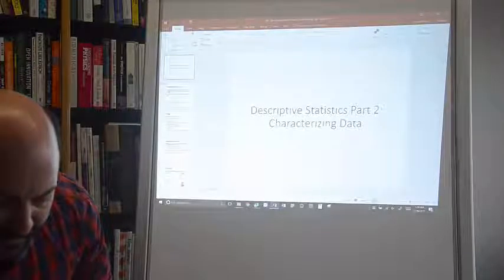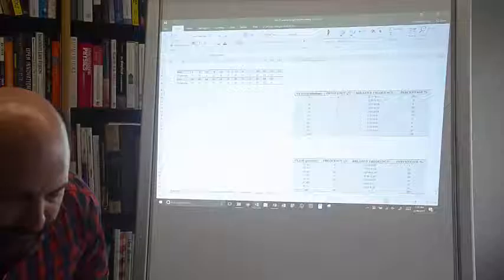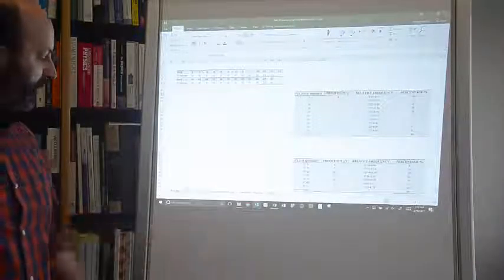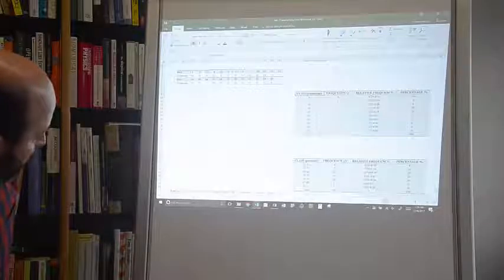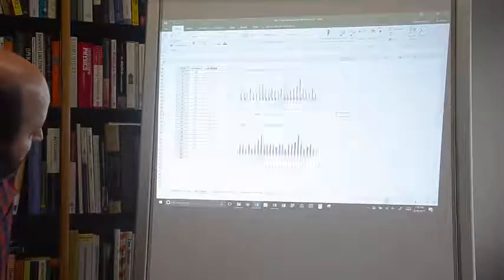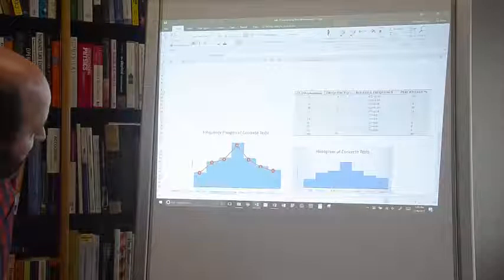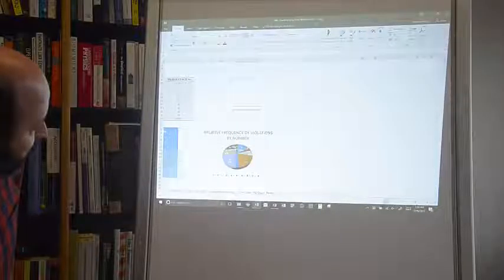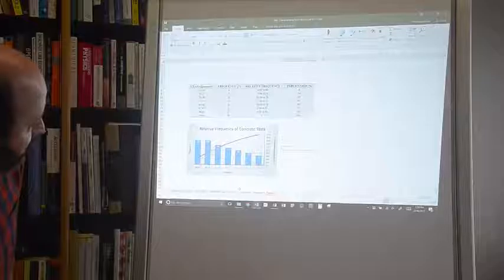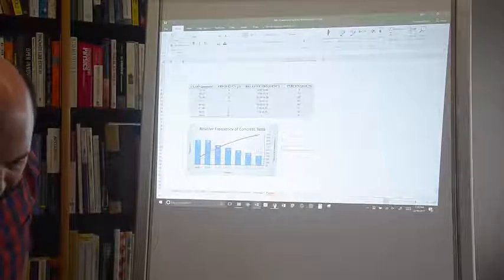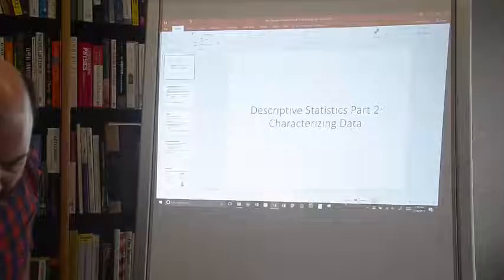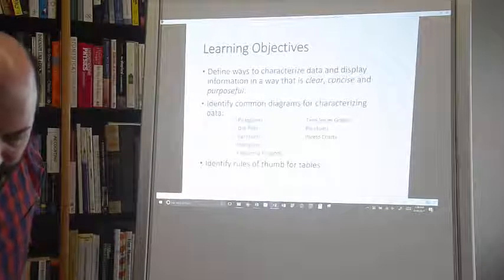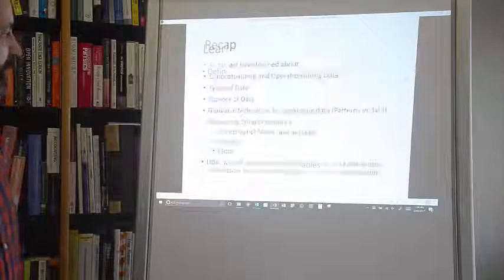So if you look and download the Excel file, what you'll find is this file here, and at the bottom you can see all the different charts that you can look up and reference and see how they were made in the slides. Okay, pie charts and then the Pareto chart there at the end. Alright, so that's in the Excel file. Now we're going to go back to the slides as well and start walking through the different parts of characterizing